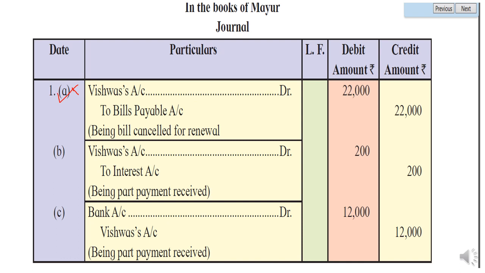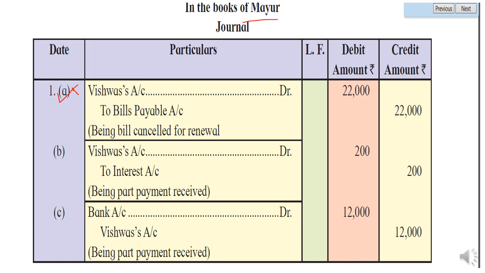So old bill cancelled. You know that in the first case, Mayur has not even drawn the bill of exchange. He just handed over his own bills payable, which he was to pay to someone, Nitesh, and Nitesh's bill he just transferred to Vishwas. So when that bill is dishonored, at that time Mayur will do the entry: drawee account debit to bills payable of Nitesh. Whatever the bills payable was of Nitesh was dishonored. So rather than writing receivable, payable will be written. So Vishwas account debit to bills payable